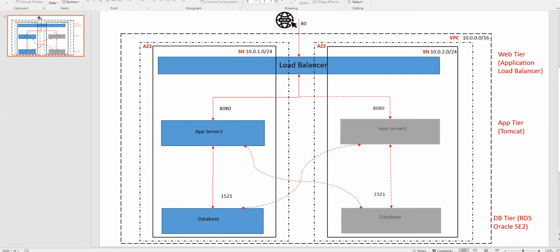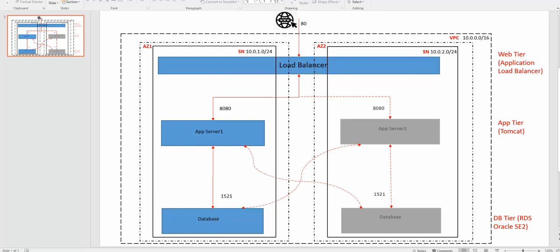So what we are going to do is provision a load balancer on top of it that spans both availability zones, and configure this app server as a backend in the backend set, and associate that backend set with the load balancer. That way, only the load balancer is going to take the traffic from the internet, and the load balancer will communicate with the app server, and we will shut off the internet connectivity to the app server and the database also. Let's go ahead and do that step.